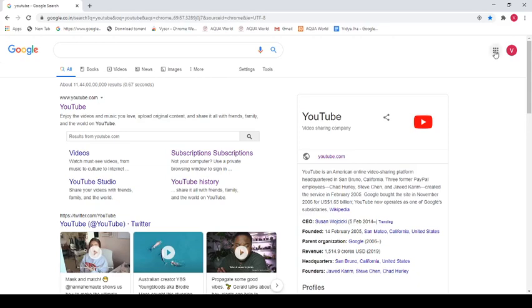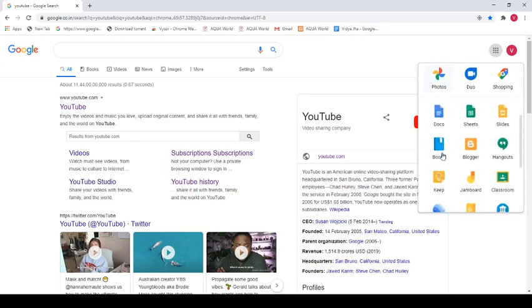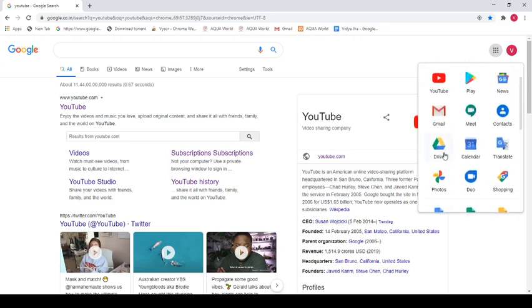Once I sign in with this account, they ask for your password. You sign in. Now, after this, you'll see 9 dots at the right hand side corner. When you press these 9 dots, you can see various options which Google gives you. Right? There is search and maps and YouTube, Gmail, Drive, and whatnot. So today for our topic of discussion, we go for Google Drive. Let's click Google Drive.